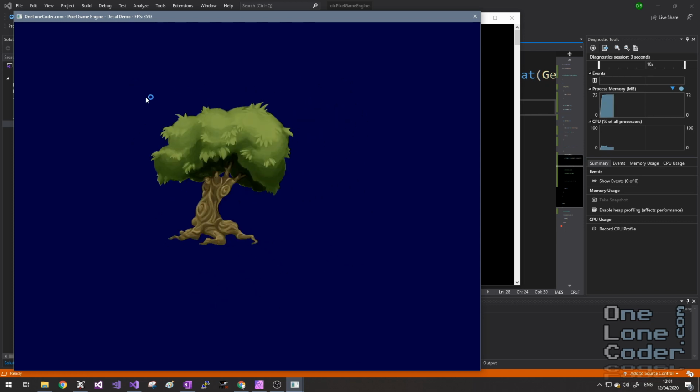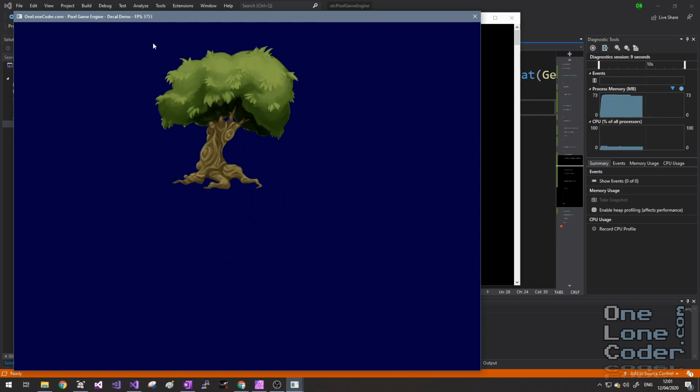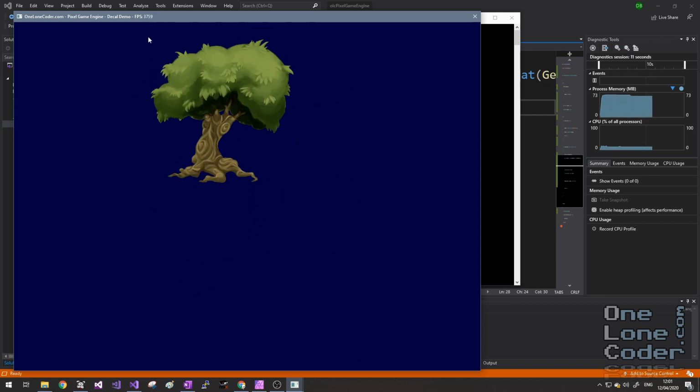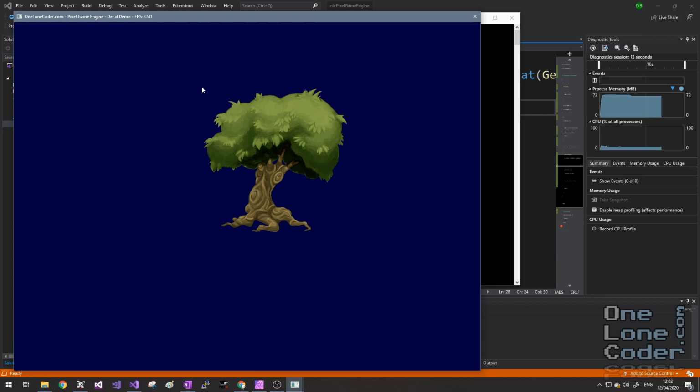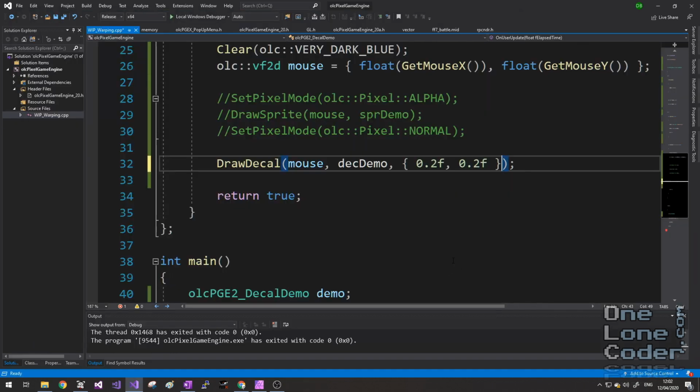That's better, we can see the whole sprite now. And rather ironically, our performance has gone up, we're now at 3,700 frames per second. The final argument when drawing a